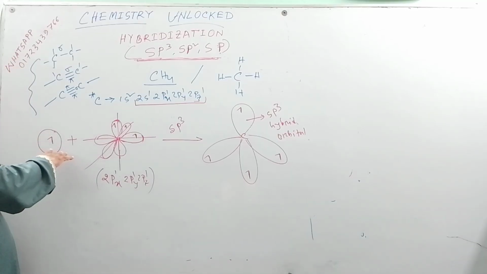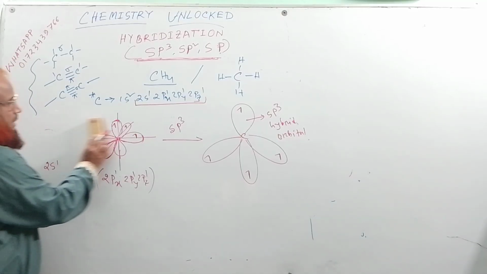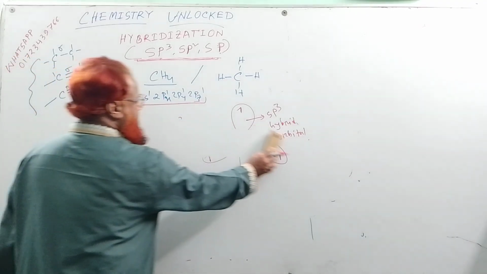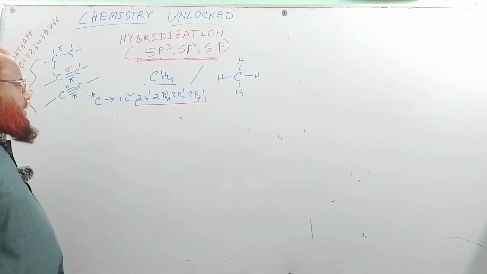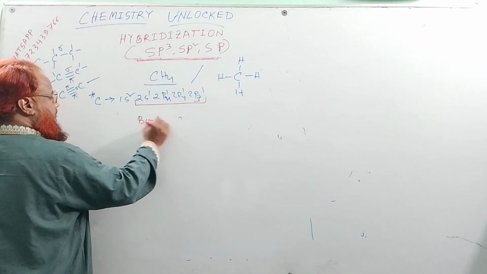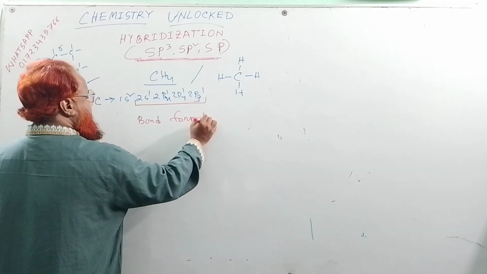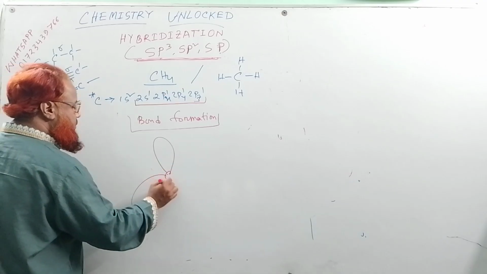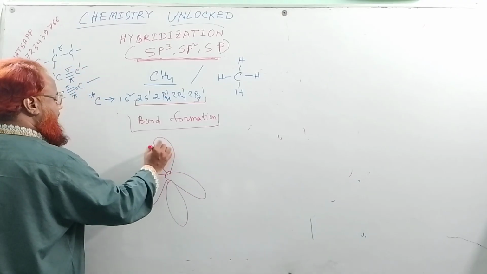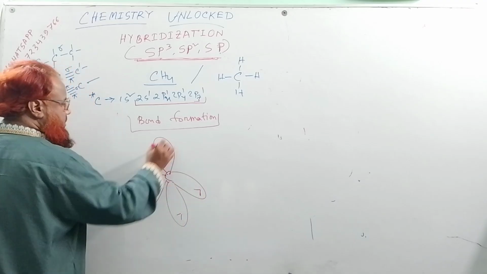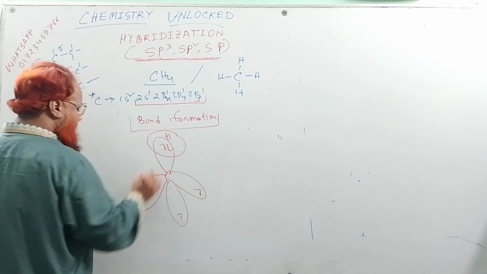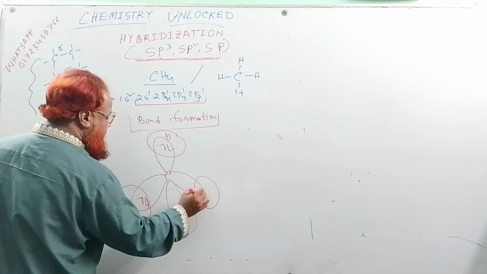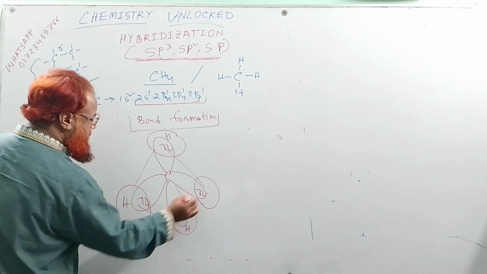Now bond formation. So this carbon atom has 1, 2, 3 and 4, each having a single electron. So here head to head overlapping, head to head overlapping, head to head overlapping and head to head overlapping. This is the structure of your CH4,